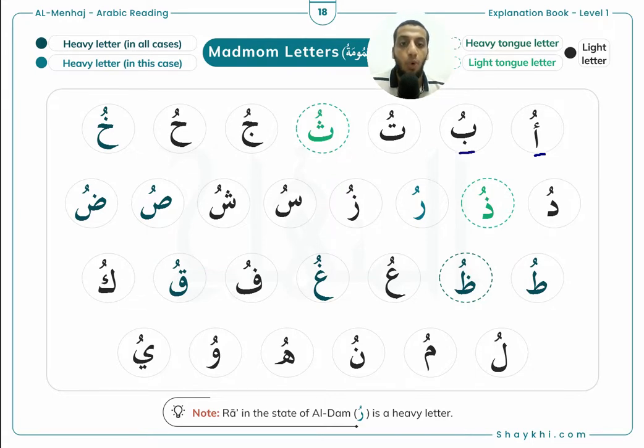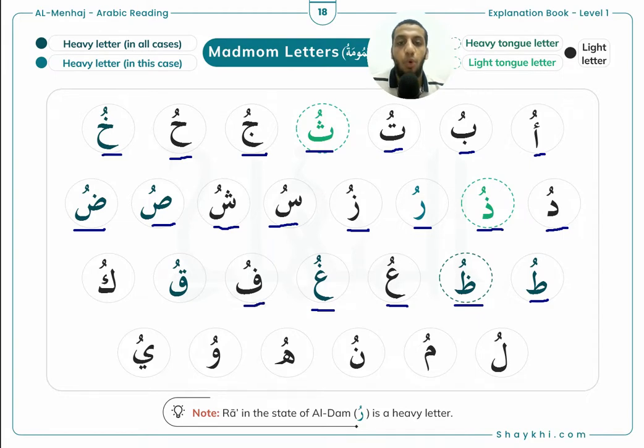Oo, boo, tu, thu, ju, hu, khu, du, dhu, ru, zu, su, shu, su, du, tu, dhu, a'u, ghu, fu, qu, ku, lu, mu, nu, hu, wu,